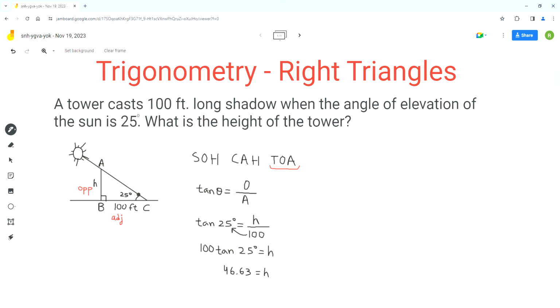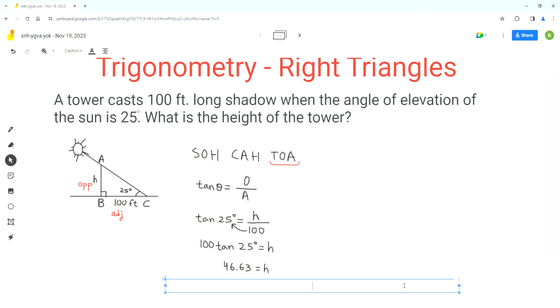Now since it's a word problem, it's a good idea to write a closing statement. The height of the tower is